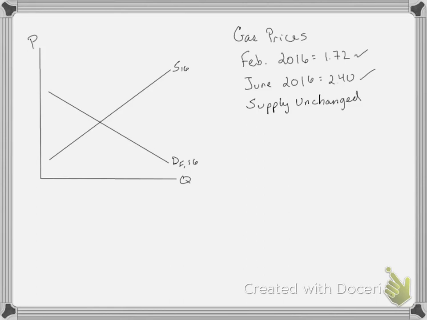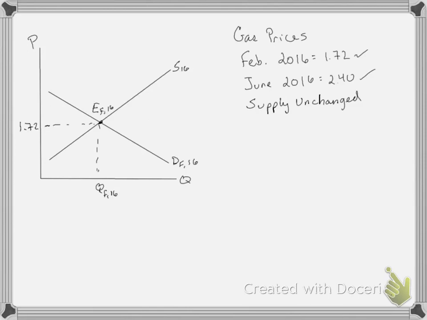It's just an upward sloping supply curve. Our demand in February 2016 intersects this supply curve right here at $1.72. I'm not going to put a particular quantity on here. I'm just going to call it quantity in February 2016,